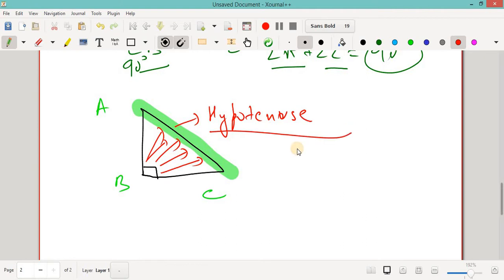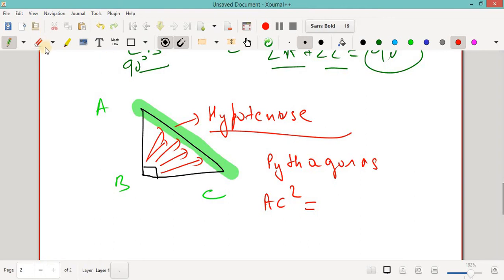Now for the rest, we know that in grade 9 we also studied the Pythagoras theorem. Let me recall that again so that we can solve the problems in trigonometry. Now what is your Pythagoras theorem? Simple way, you remember one thing. Pythagoras theorem means that the side that is opposite to 90 degrees, that is this hypotenuse, AC square, will always be equal to the sum of the other two sides.